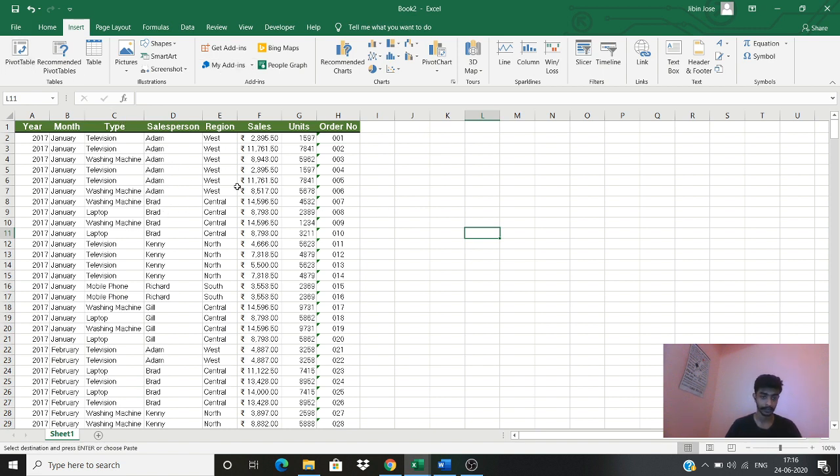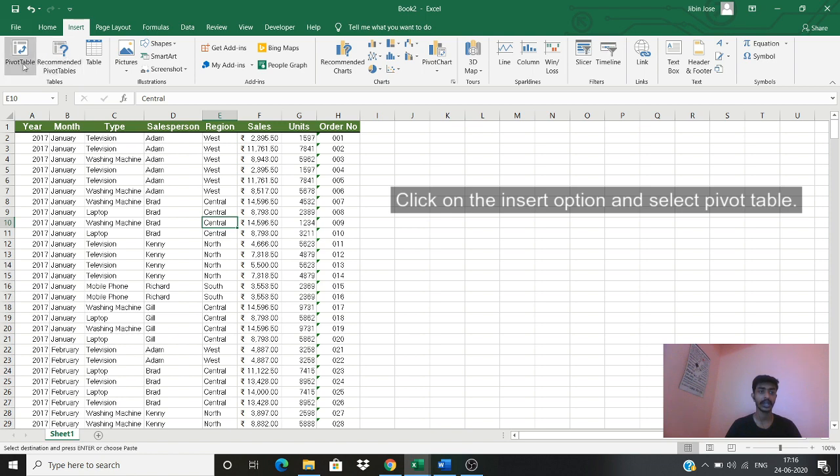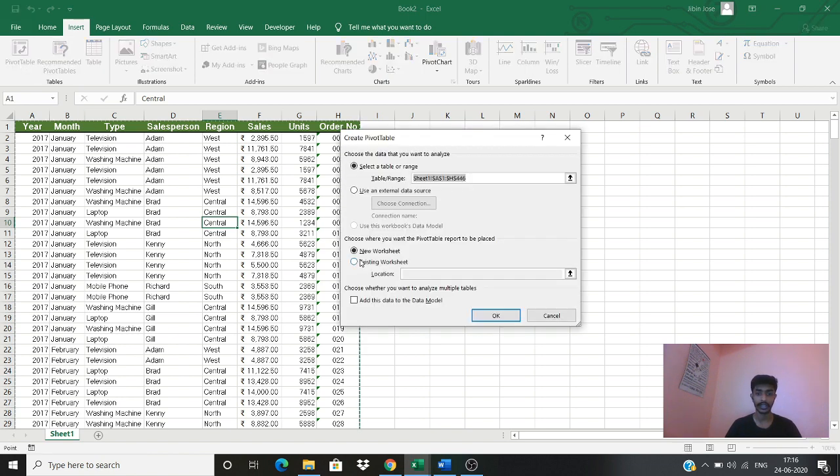Before even we get into questions, the first thing that we will have to do is to extract the pivot table. So you will have to click somewhere inside the table and go to the insert option here and click on pivot table, and there is a dialog box like this that comes up, and the first option is to where do you want to put in your pivot table. The cell range is given here, so let's keep it same.